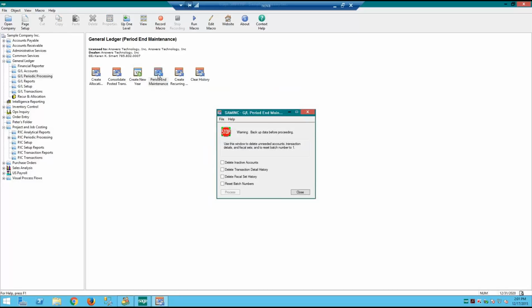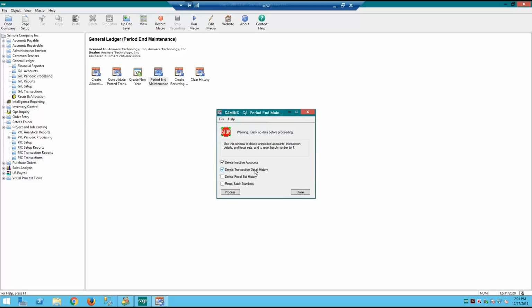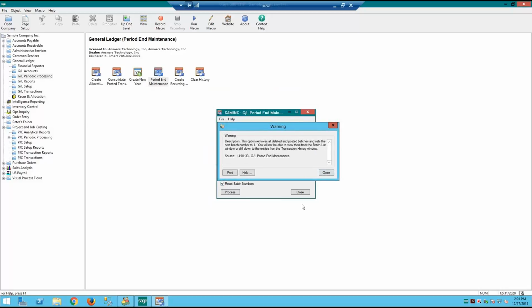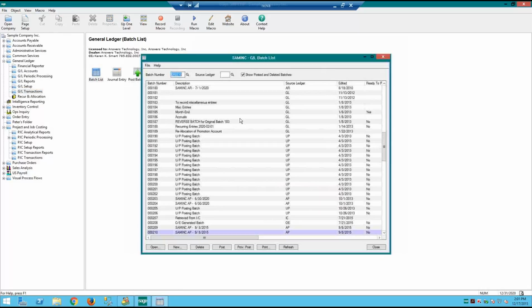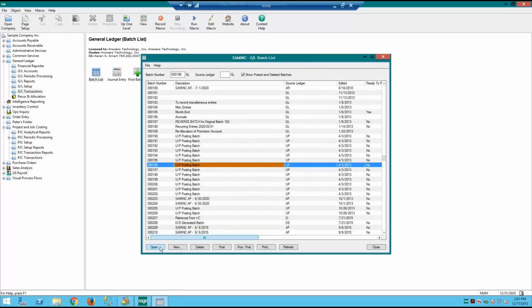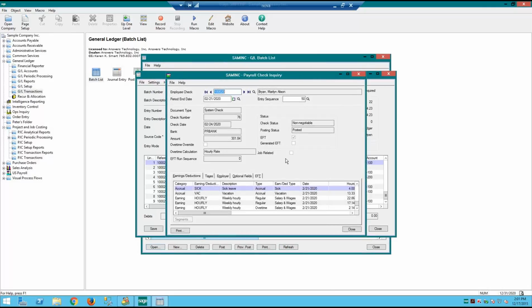The other thing in General Ledger is deleting any inactive GL accounts, transaction history, but again, if you do so, you won't be able to drill down from those entries because they're basically not going to show up anymore in your batch listing. We can also choose to reset batch numbers, but again, if you do that, it's going to remove everything from those batch windows, okay, and what I'm talking about is these windows here. None of these batches would be here, which means if I wanted to open it up and look at it and then drill down using my little arrow keys here into the originating batch, I would not be able to do that